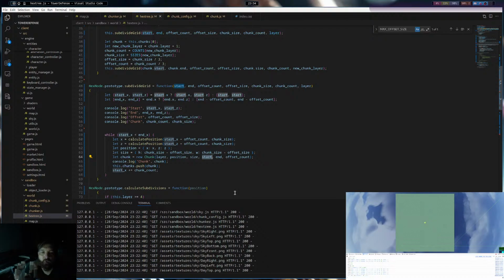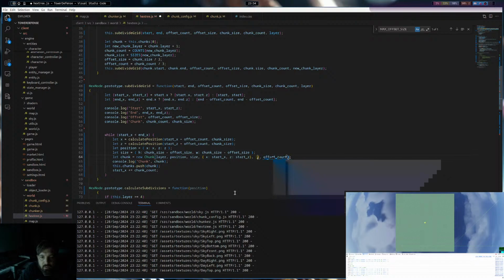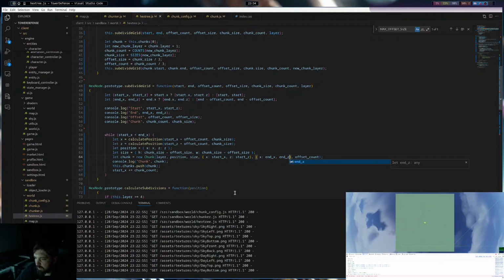This needs to be x equals start x, z equals start z. This needs to be x equals end x, end z. That created 2 chunks instead of 6 for some reason.